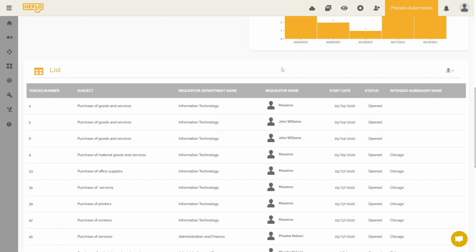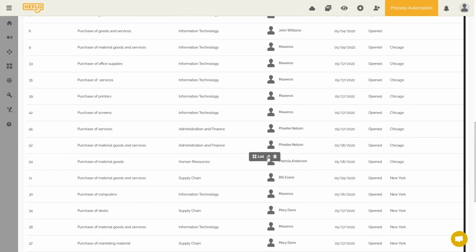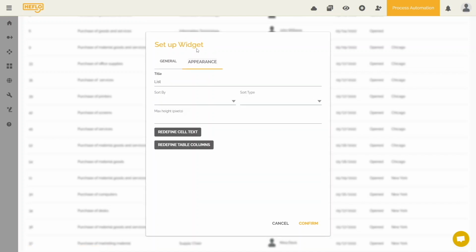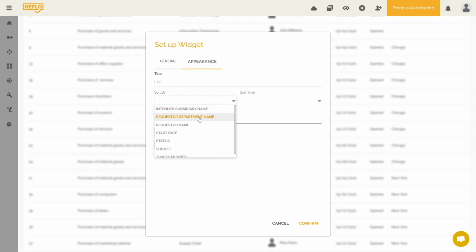There are things here that we can already leave pre-configured for the user. For example, I want to sort by number of work items. I want each new work item to appear at the top. I also want to have more suitable column names. So what are we going to do? You are going to edit this widget. Then you will go to the Appearance tab. And then you can change some things. I want to sort by descending number.